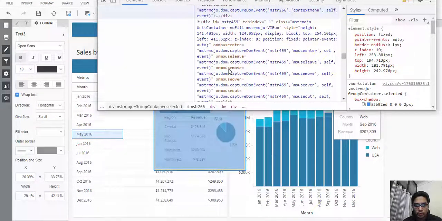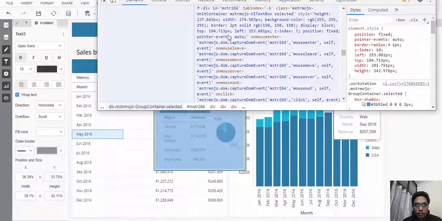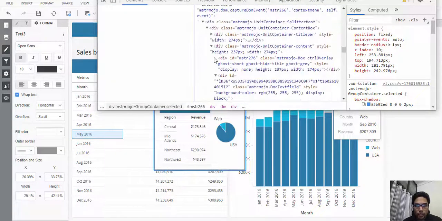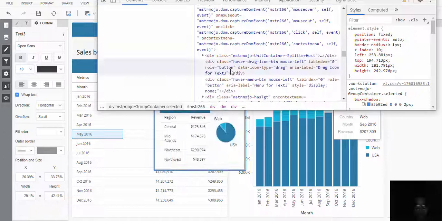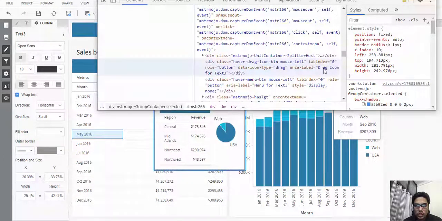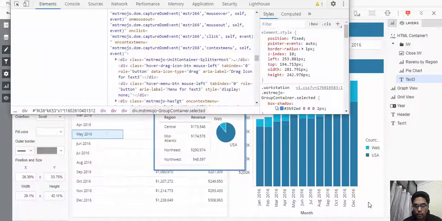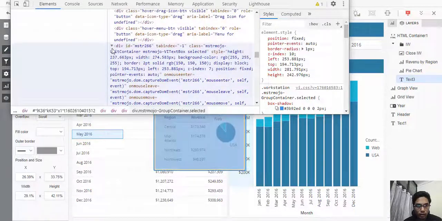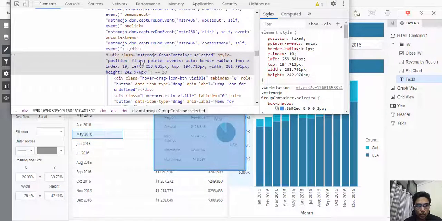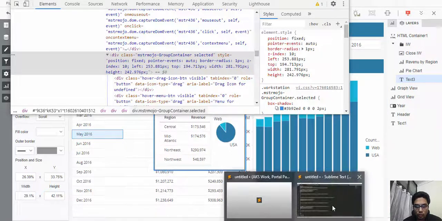If you see, this is the div for the text box, and in the group we have this text3 as an object. We can use this div to go one level up, which is the parent div, and again one more level up to capture this particular div.